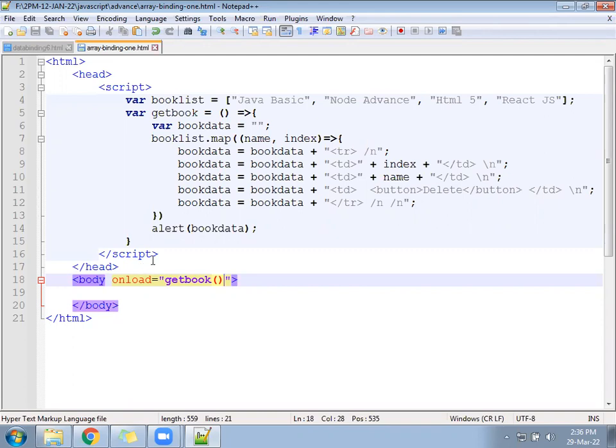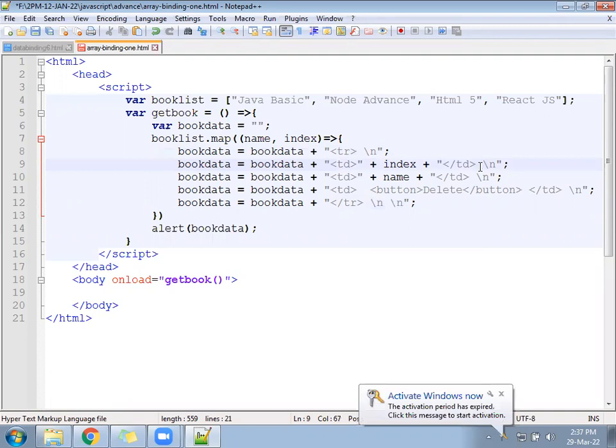Okay, ready? Check now. Are you getting the multiple TR? Alert will come. I have written alert for that purpose. When the alert comes, it will show you slash n two times I have given. Slash n, oh, hold on. I have given the wrong slash. I should give this slash. Everywhere slash n is this way. Check once.